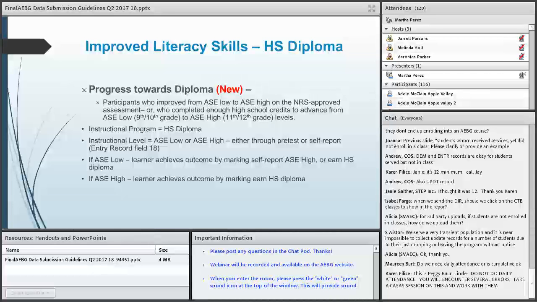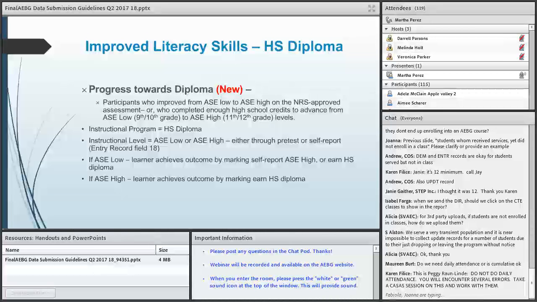And it specifies here either through pretest or self-reported on the entry record, and this should be on number 18. The instructional level, they can self-report as ASE low or ASE high as well. Now, if this learner is on an ASE low instructional level, then this learner needs to be marked as ASE high or earned their high school diploma.